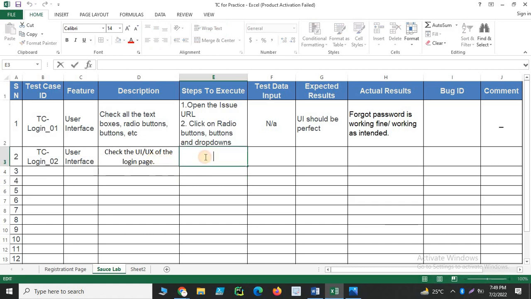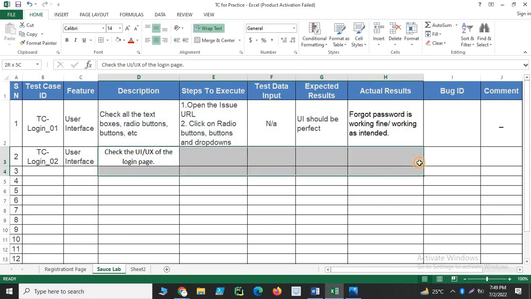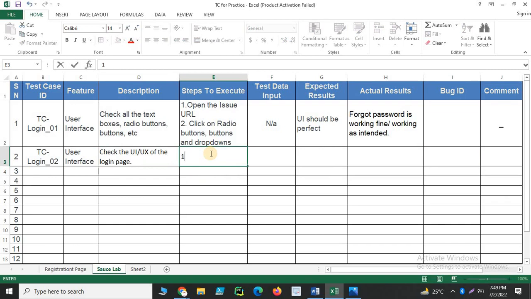Now what are the steps to execute? The very first step that we will write here is how the person will reach that particular testing execution process. Okay, so the very first step that we'll write here: open the URL. Okay, in order to test the website or any staging URL, you have to simply open the URL. Then what the second step will be like,